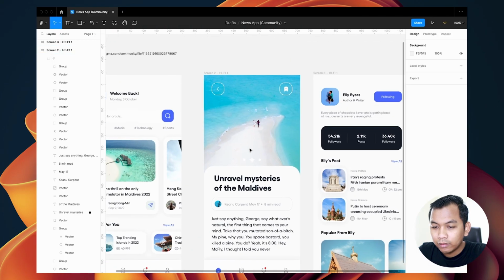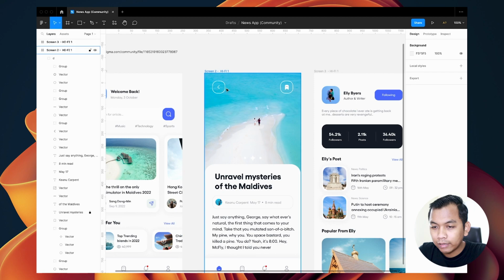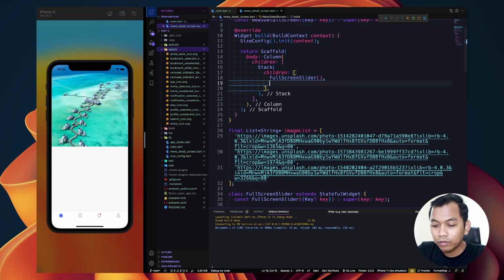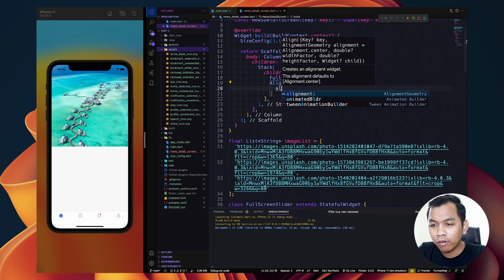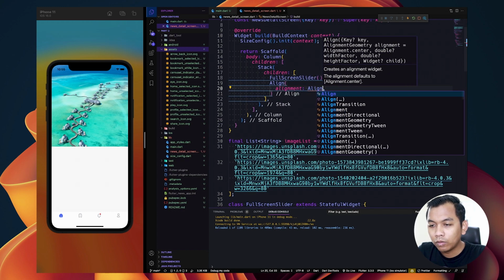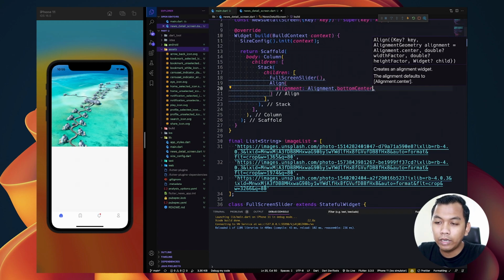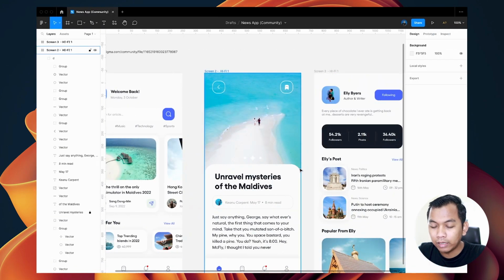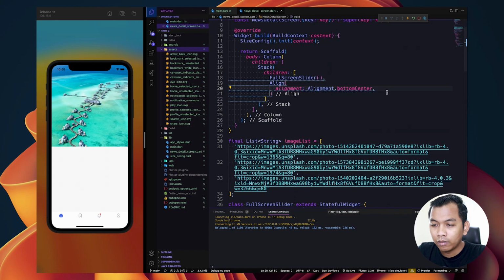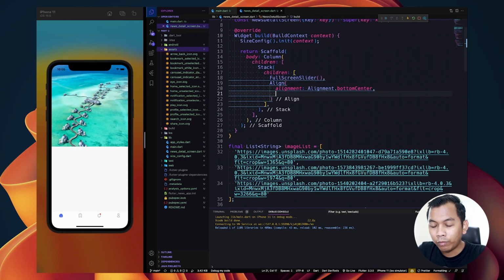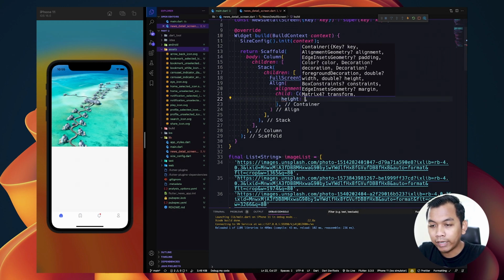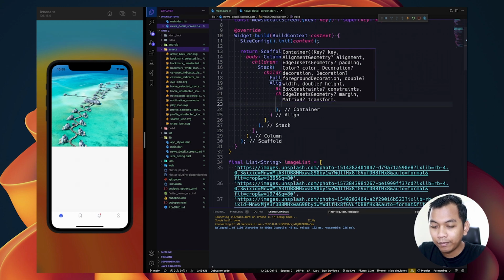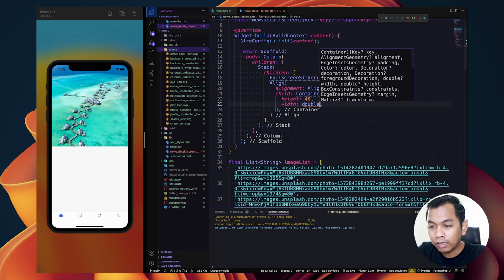And next, we will add this. So what we need to do here is add a new widget, which is an align widget. And for the alignment, we need to add this little shape, and set the alignment to be bottom center. And for the child, let's give a value to be container, and for the height, set it to 40, and for the width, set it to double.infinity.